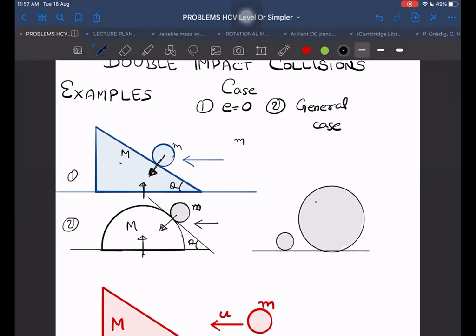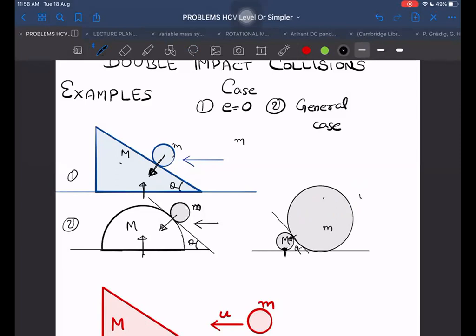Yes. If this is capital M now and this is small m, see, I'm giving the masses, this as small m and this as capital M. The reason is, as this comes close and collides with this, then on the small m, what angle will it form? Again, this angle will be theta. Then on capital M, what impulses will be acting? These two impulses will be acting. Down also, yes, sir, down also impulse. So same type of impulses, exactly the same situation again.